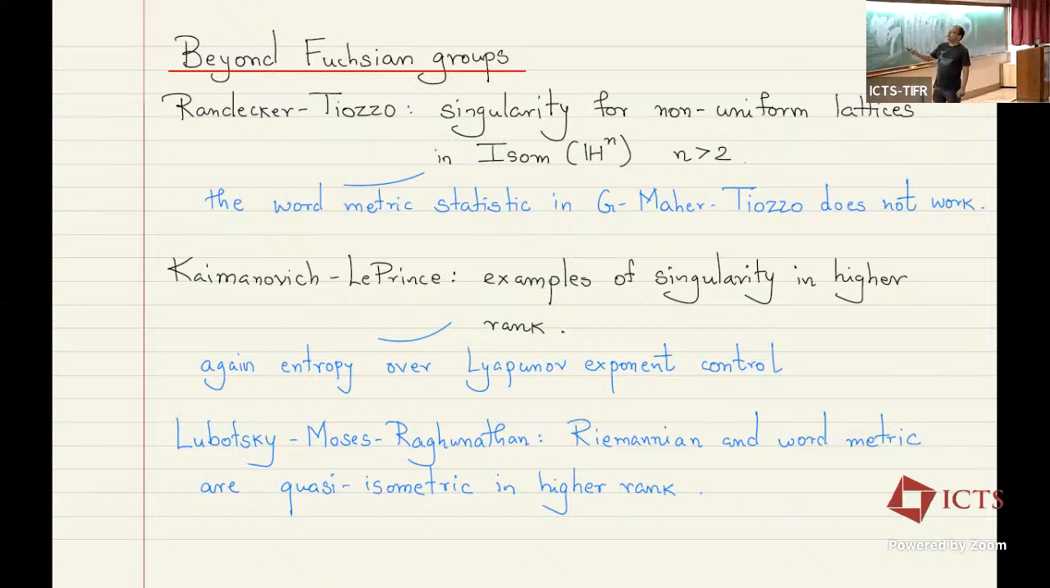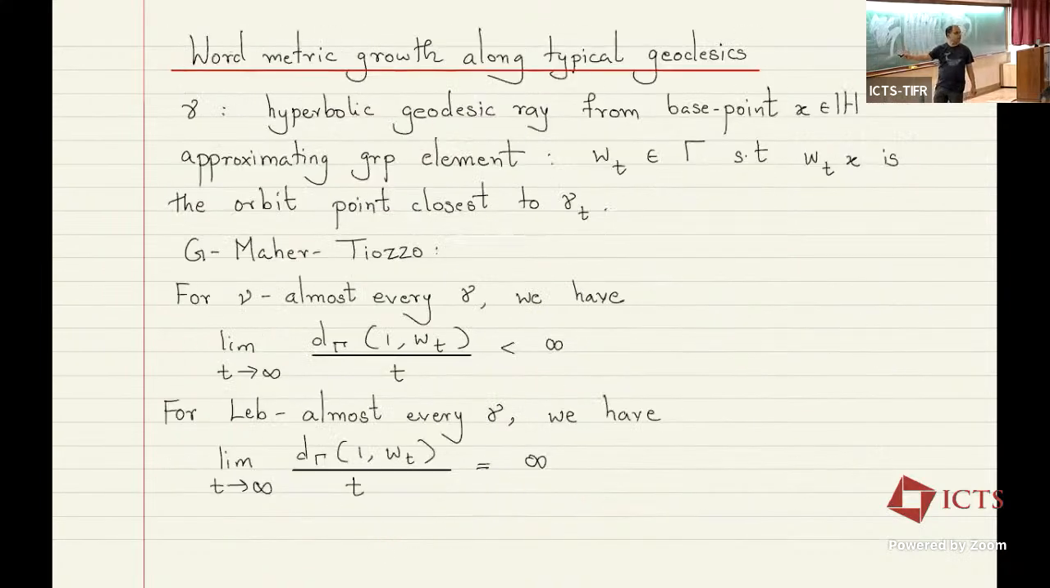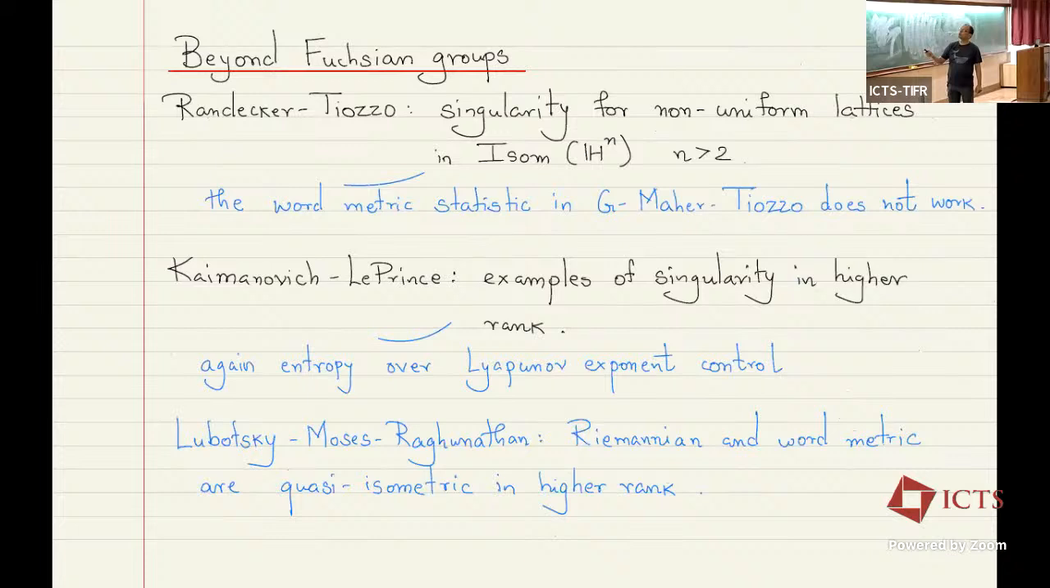Okay. This makes the statistics required to find singularity harder. So the statistic that we used in this theorem, word length of the approximating group element divided by time, is no longer sufficient in higher n. So they have to do a little bit more work here to actually find the right statistic. Okay, but again, once you set up the statistic, it's like one of those finite-infinity kind of statements. The statistic is finite in one model and infinite in the other. In higher rank,